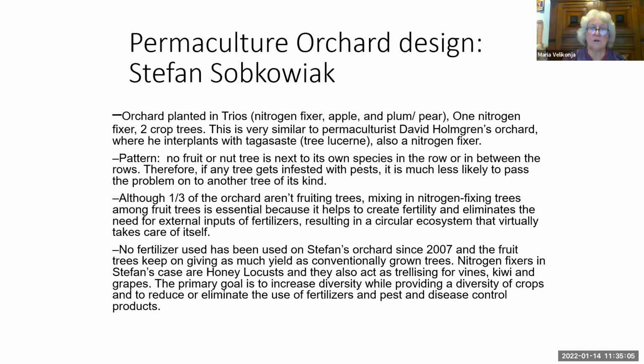One of the initial permaculturists, David Holmgren, also does this same type of pattern in his orchard. The pattern is that no fruit tree or even a nut tree is next to its own species in the same row or between rows. Therefore, if any tree gets infested with pests, it is much less likely to pass the problem on to another